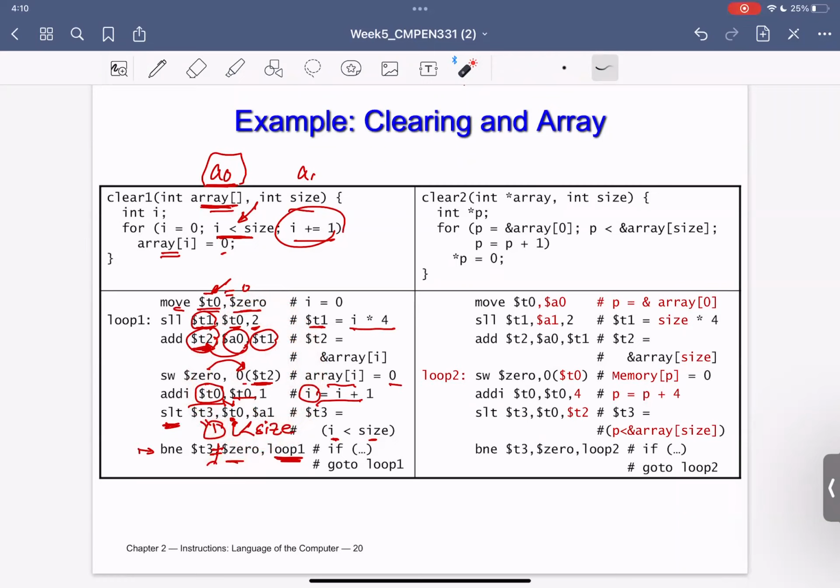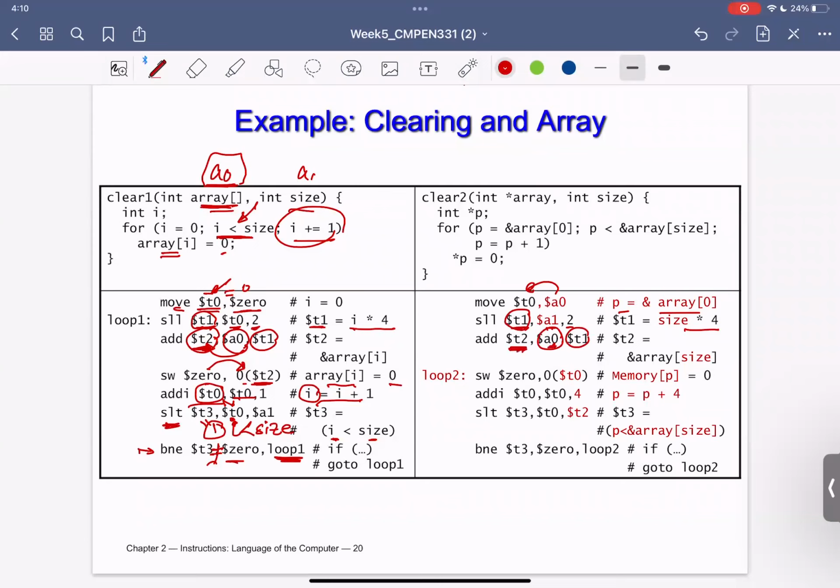The same exact things we would think about with the array, but using a pointer. So again, array of 0, move that: A0 will be moved to T0. So basically, P will be the address of the array of 0. And then again, I will multiply by 4. So A1 will be shifted by 2, and the result put in T1. And then I will add this T1 to the base of the array, which is A0.